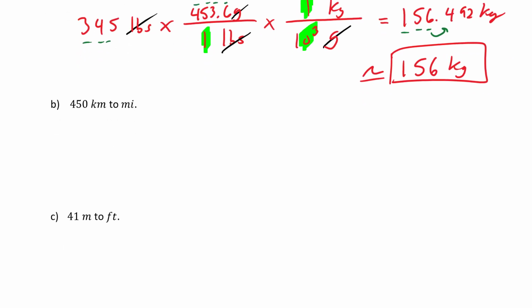Next up, we're converting from kilometers to miles. Write down what we're given. 450 kilometers. In my conversion factor chart, we have the number of kilometers compared to the number of miles. It says 1 mile is 1.609 kilometers. Cancel out kilometers. 450 divided by 1.609, we get